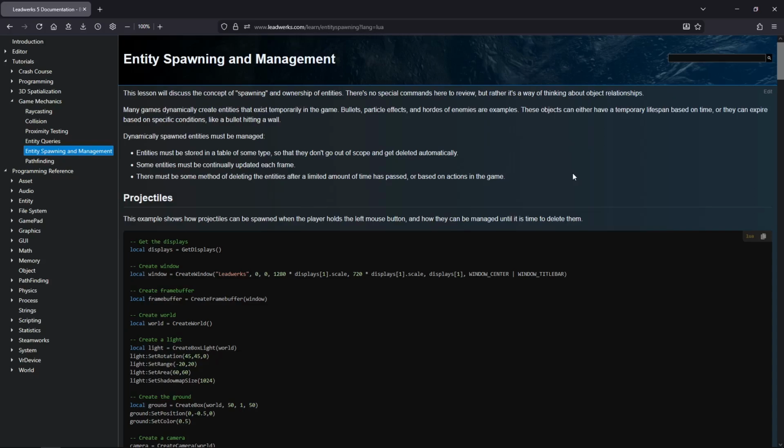In this lesson, we're going to learn about entity spawning and management. Now, in most of our examples so far, we've been creating all of our entities ahead of the main loop, and then we just let the game run, and in most cases, we haven't really been creating and destroying objects as the game runs. But in a real game, you're often going to be creating new entities and updating them